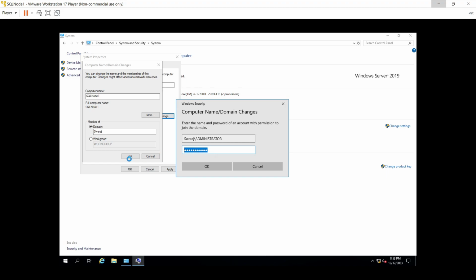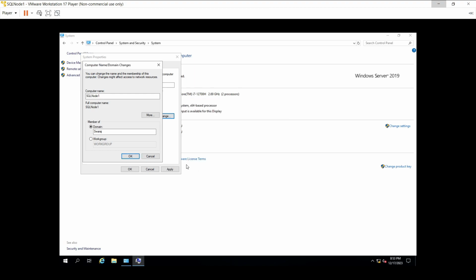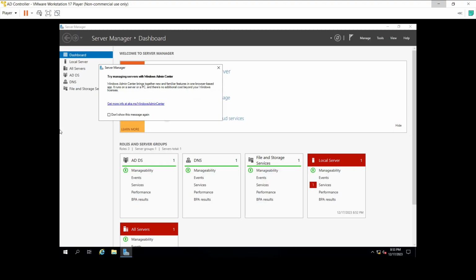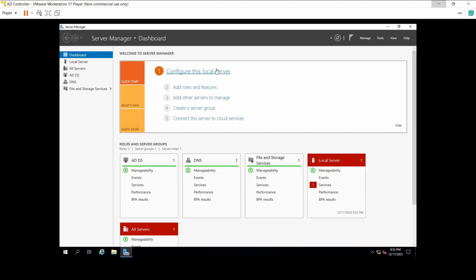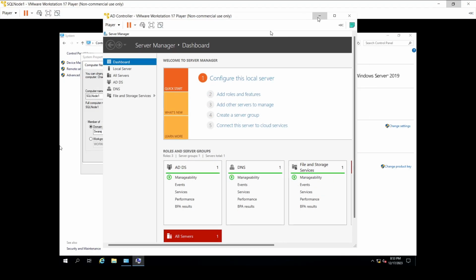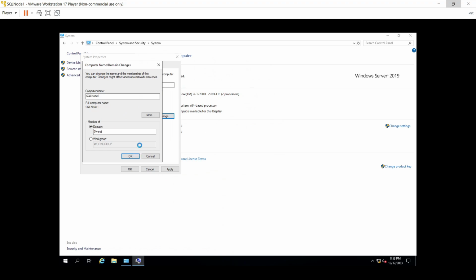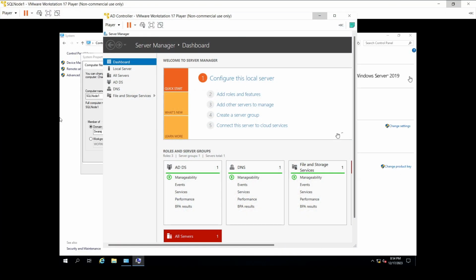Okay, it is allowing, and simultaneously we can see, yeah, this is the AD controller, right? Yeah, it is checking. Till the time, here we can see